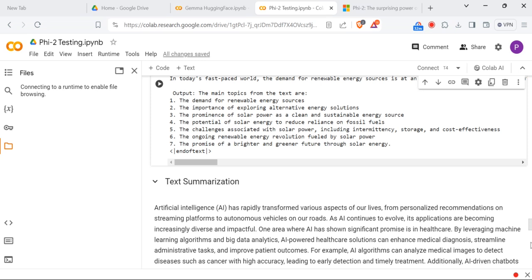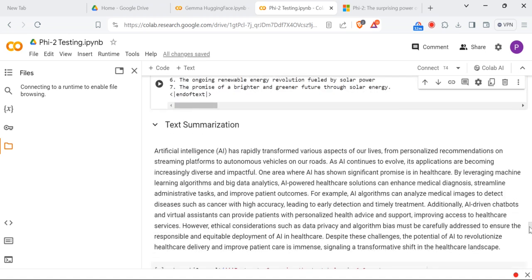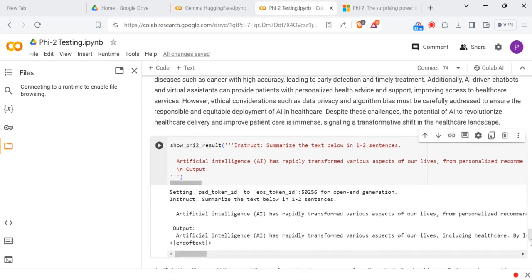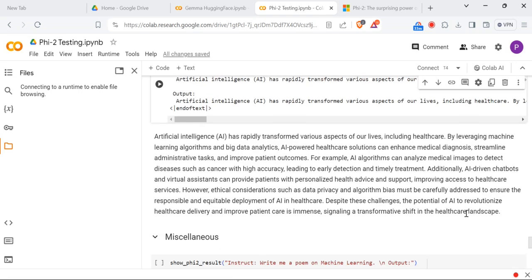So next we will go on to text summarization. This paragraph is about artificial intelligence and its impact on healthcare, and it just talks about how AI algorithms are being used in healthcare to detect diseases like cancer. My instruction to the model is to summarize it in 1 or 2 sentences. And if you see the output from